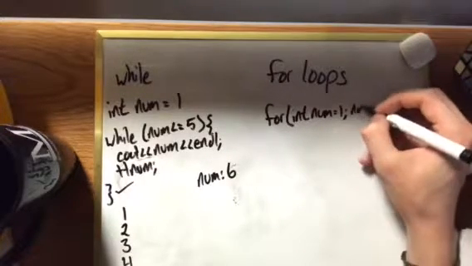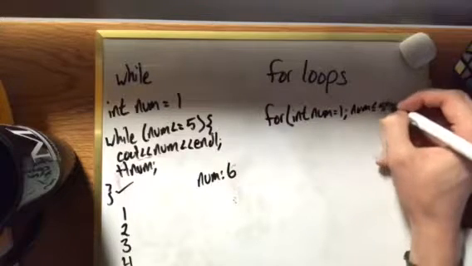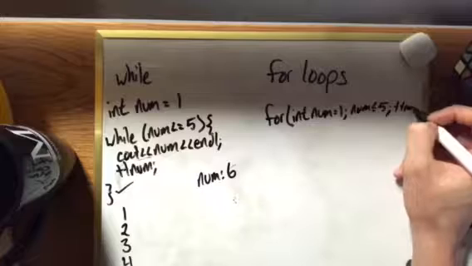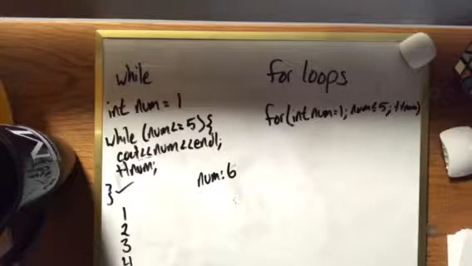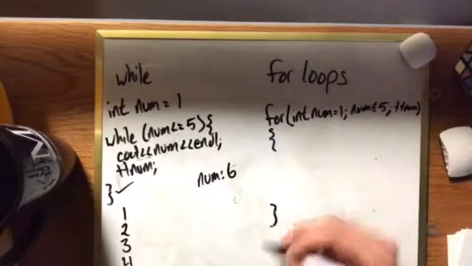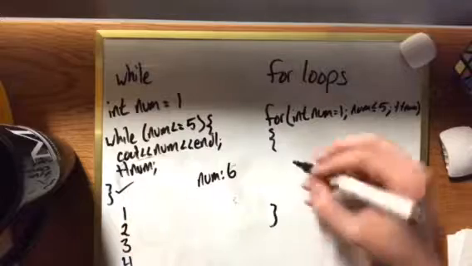You can check num is less than or equal to 5, and then you can do plus plus num. I'm sorry, that's hard to read, but I was running out of room. And then you can include what you're doing in here. So doing the same thing we did in the while loop,